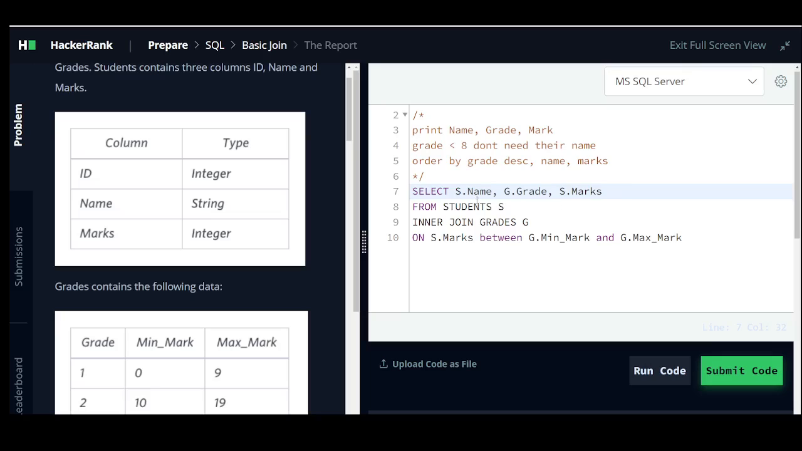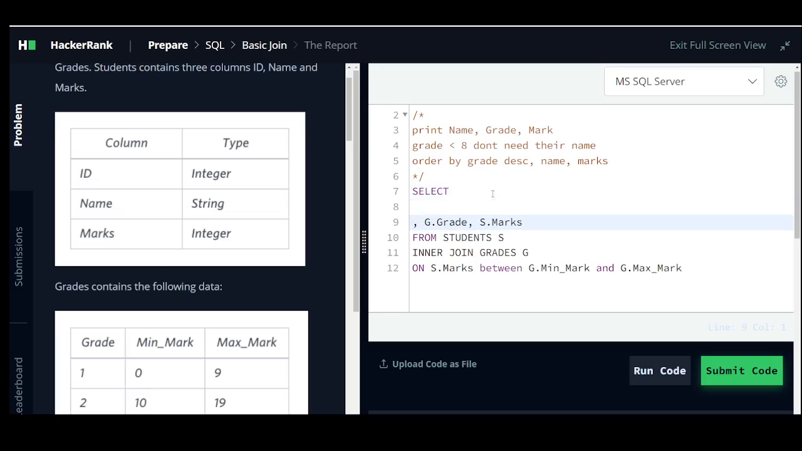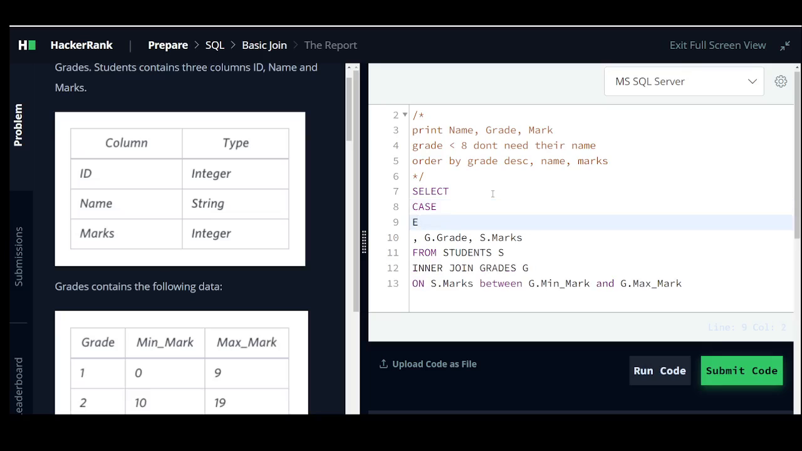Now, if the grade is less than 8, we want to print null, and if the grade is more than 8, we need to print their name. So if we have an if condition, then we need to use a case statement, right? So instead of printing this s dot name, I will do a case statement. Why are we doing this? Because if the grade is less than 8, then this condition; if the grade is more than 8, then this condition. So case,